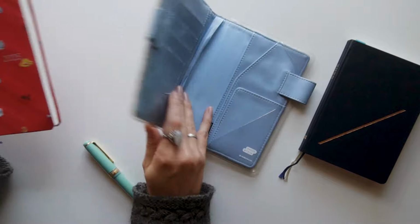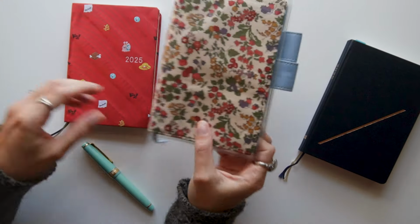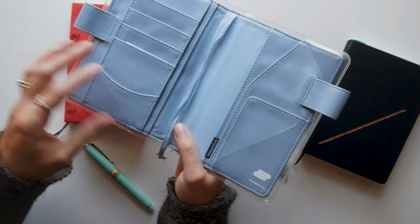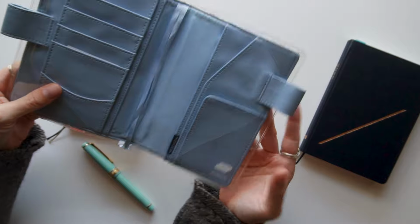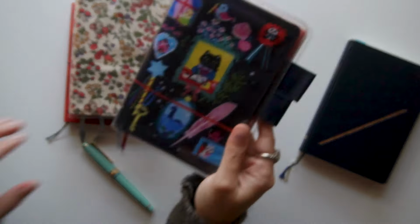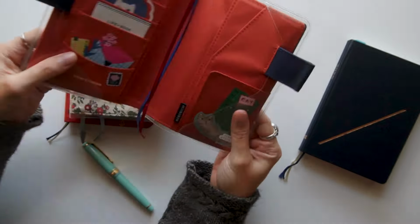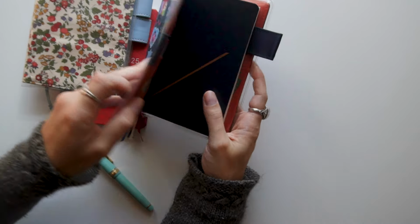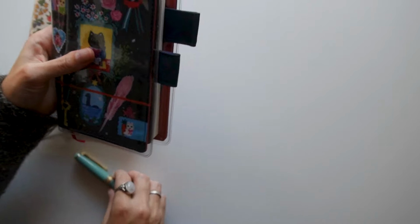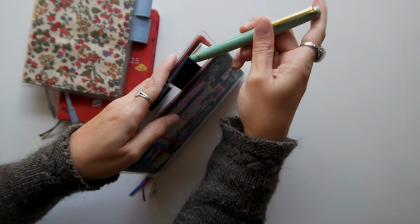And so that's for this Liberty Fabrics cover. So this is the kind that has the pleather inside. So it is a little bit thick. And then I'm just going to show you. So this is the Yumiki Tagishi. I've already tried this, but you can see the slash HON fits very nicely. Feels wonderful. And you could still also